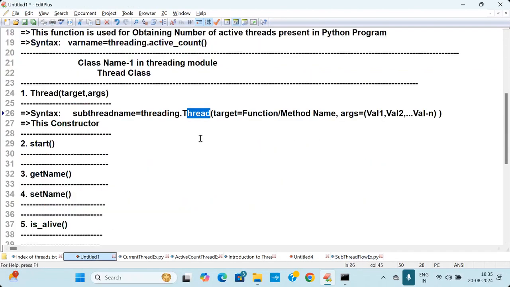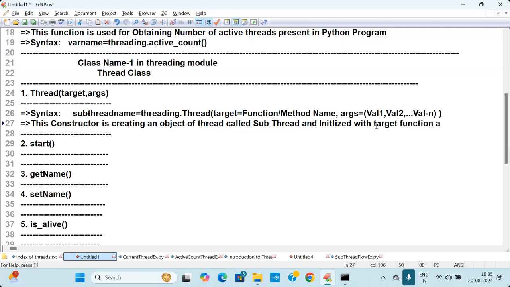So threading.Thread( ) is creating an object of Thread called a subthread and initialized with what? A target function,